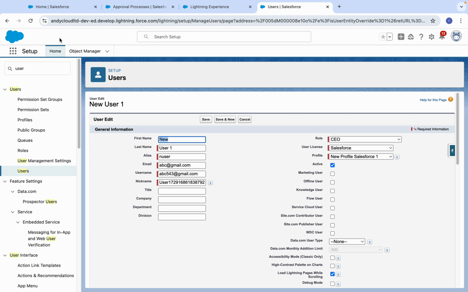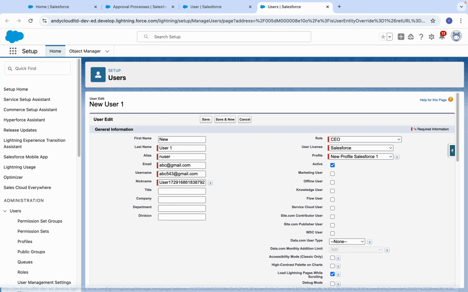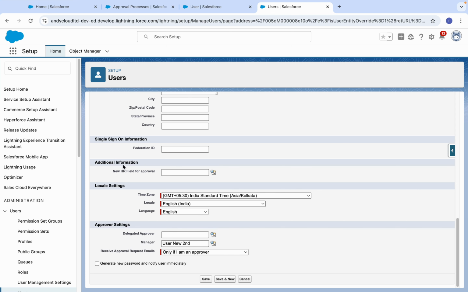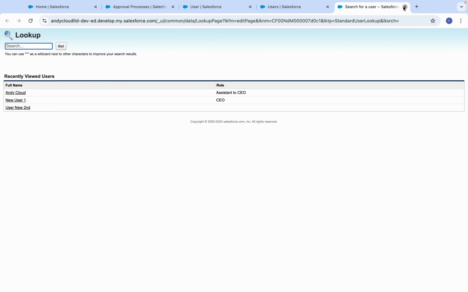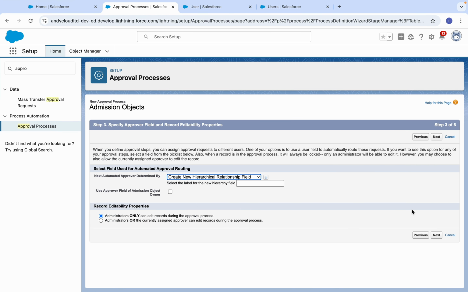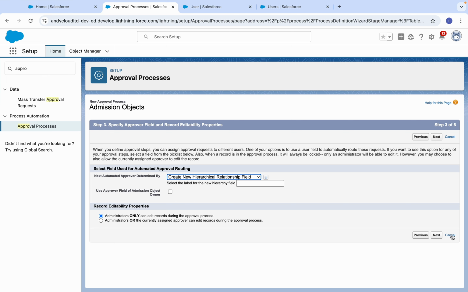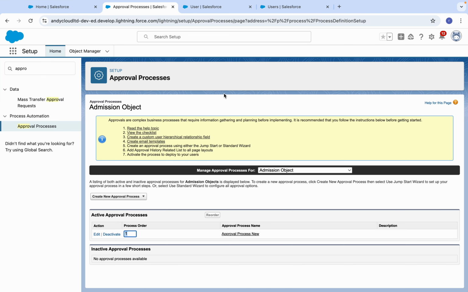So let's refresh the page. See, the new hierarchical field for approval is coming here. You can select anyone. So this is working here, and you can select this manager. It will go to this manager, whoever the manager is here, that person will get the approval request. Okay, so this is the approval step. It's a little bit tricky, but if you need to, check this recording multiple times, and it will be very helpful. Thank you everyone.